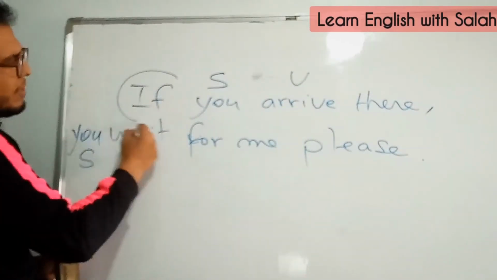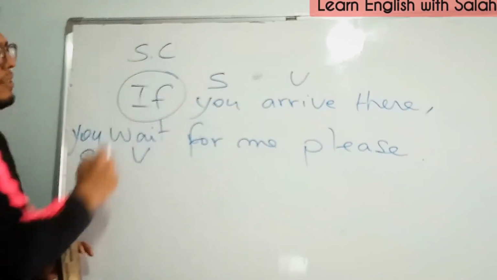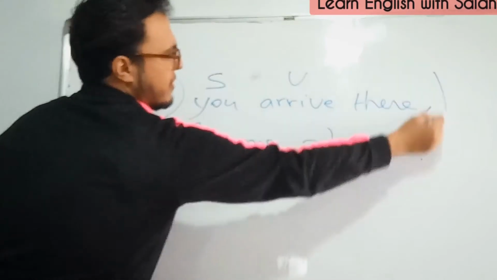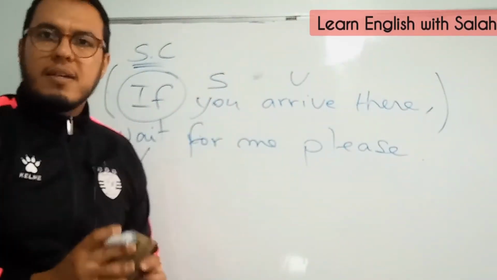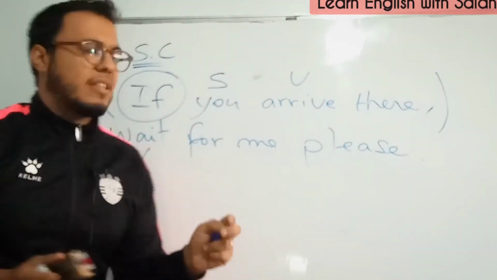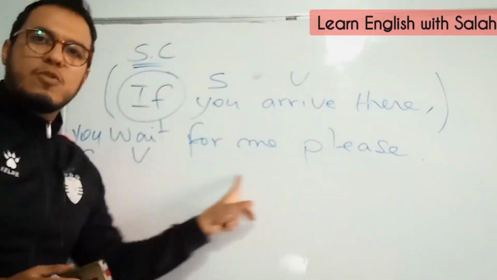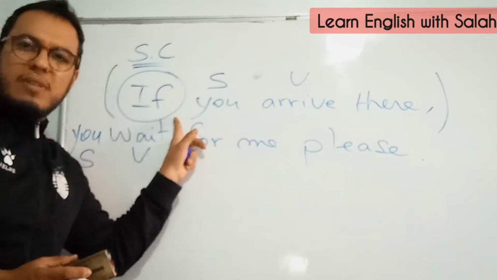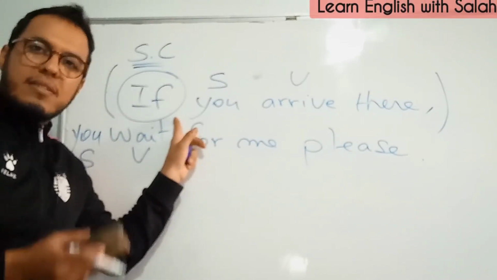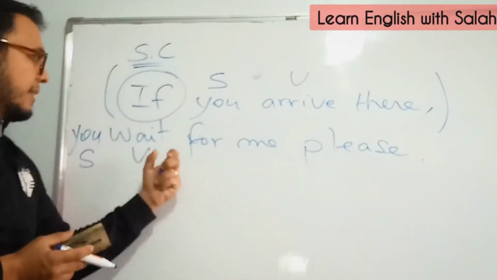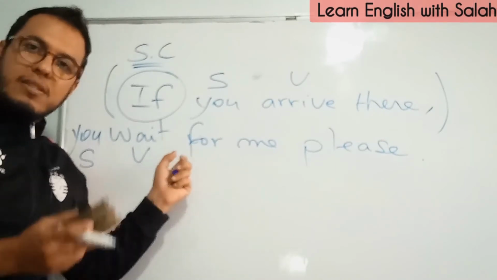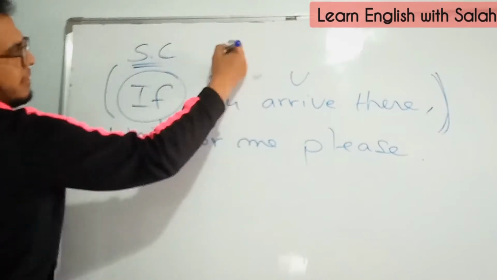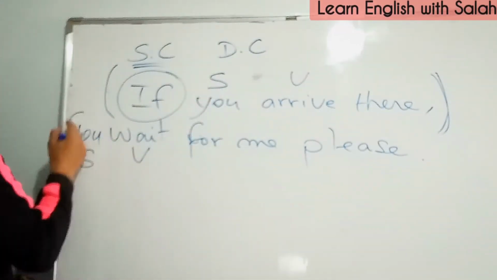This one starts with the subordinate conjunction, okay? So if I just read this clause here, if you arrive there, does it give a full meaning? Of course not. It needs this one. That is why it is called a dependent clause. It is a dependent clause because it depends on this second clause to complete the meaning. Okay, this one is called dependent clause, and this one is called